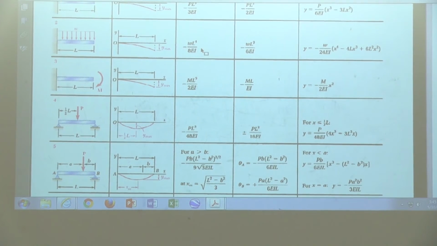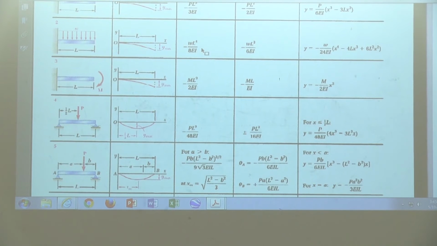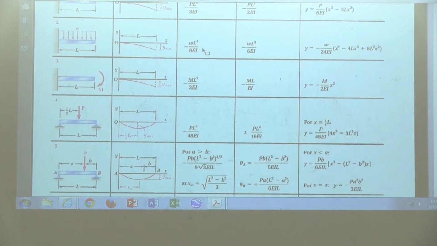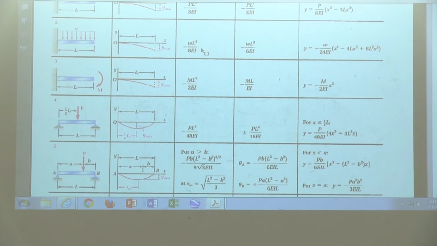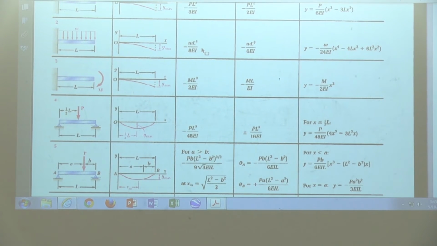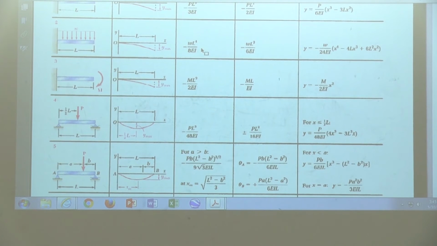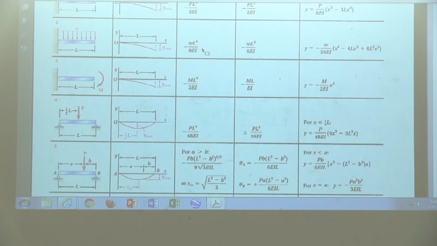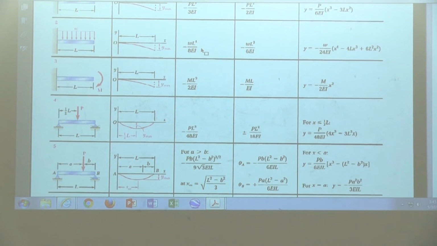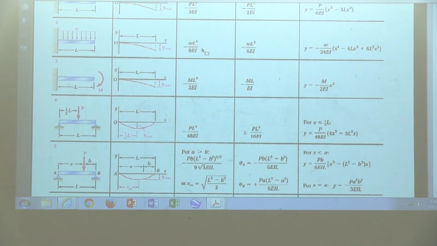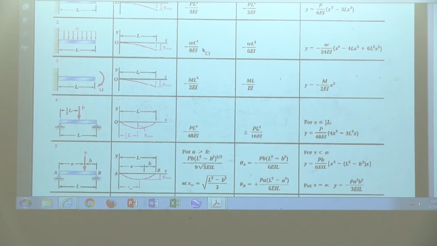Look at this one. This is A. Yes or no? A equal to what? 3 meters. Yes or no? B equal to 1 meter. What is X? What is the distance X? X equal to where am I? At the middle of the beam. Yes or no? X equal to what? 2 meters. Correct? I need Y at the middle. Yes or no? Correct? So which one can I use this one?